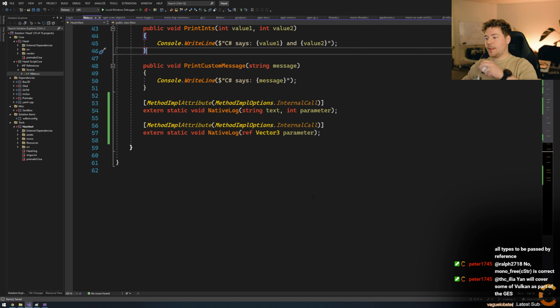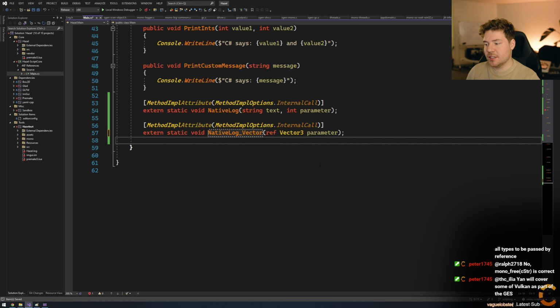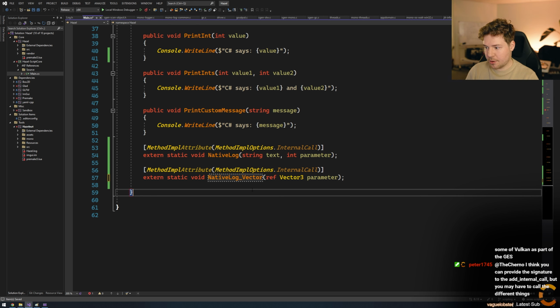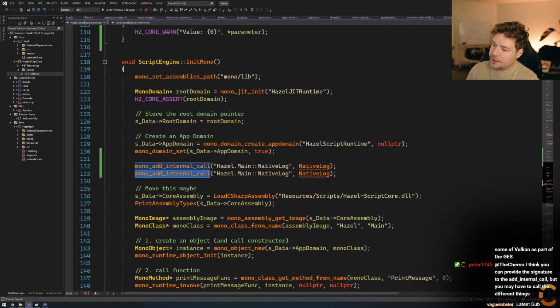So if you can't make overloads happen, maybe you can, but it's not easy, you can do something like that and then have something else in C# that has overloads and calls the appropriate one. I think you can provide the signature to add it to internal call. Okay, cool. So this is a bit of a test that might require some documentation.